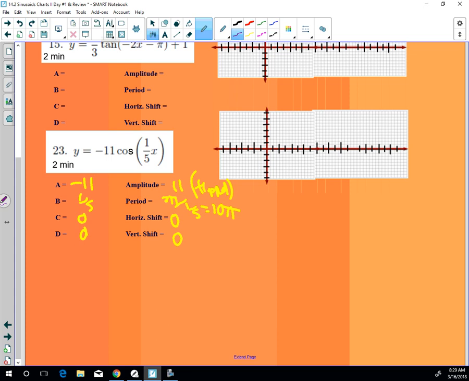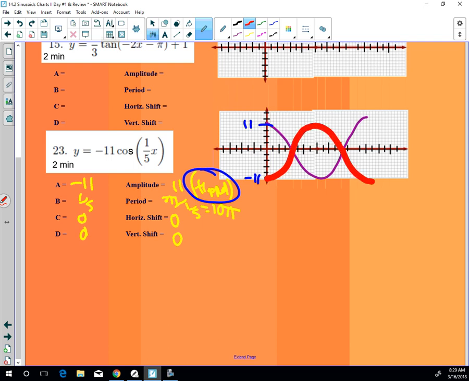So now you just start by drawing the cosine. I'm just going to go up here. I'm going to come down here, go down there, up here, like that. And this is going to be at 11 and negative 11. Except what does it do? Flips. So I'm going to flip that